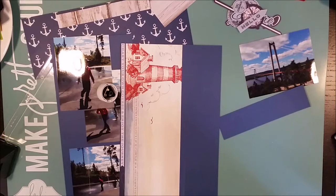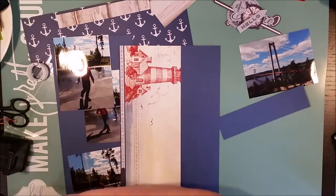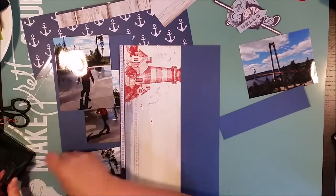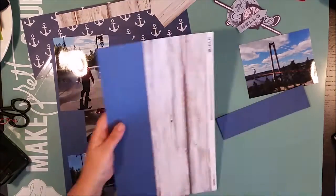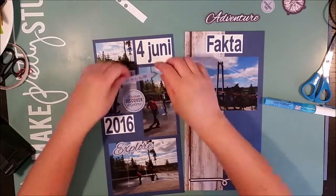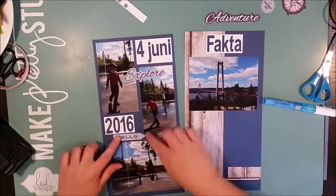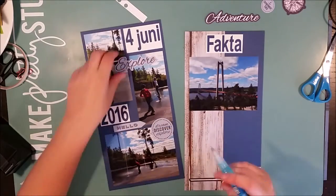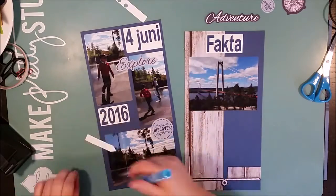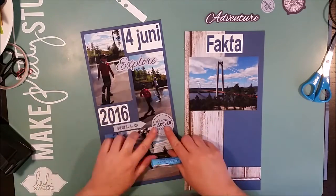So I'm trying to piece together some background sheets here from papers that I've used before, and I had to go with some tape on the back side to make them whole. So one is an entire 6 by 12 in the color of the title from the last page, and the other is half a cardstock and half that wood grain. On the left page here I have